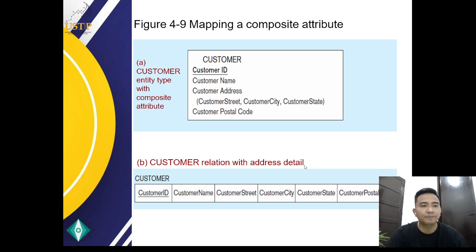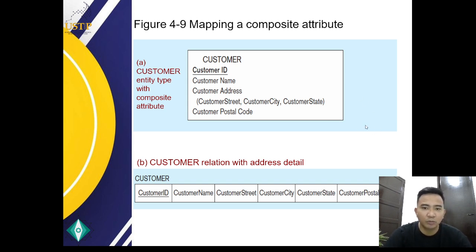Next is we have here a customer entity type with a composite attribute. So first, this shows the customer entity type in an ER diagram. It shows the composite attribute, the customer address.